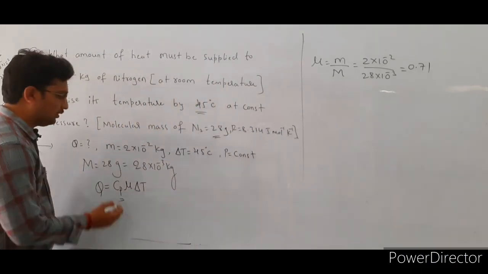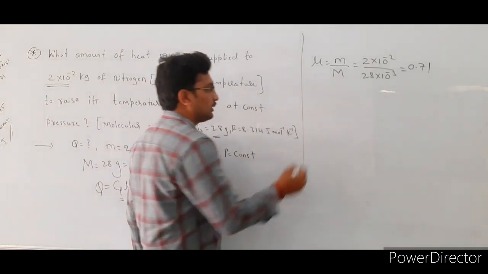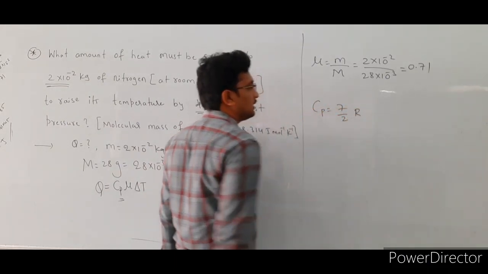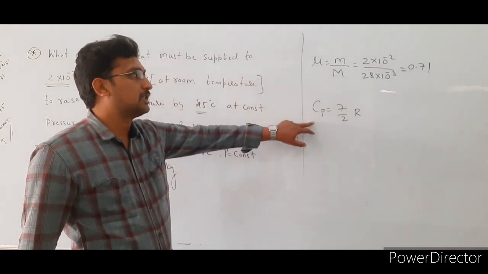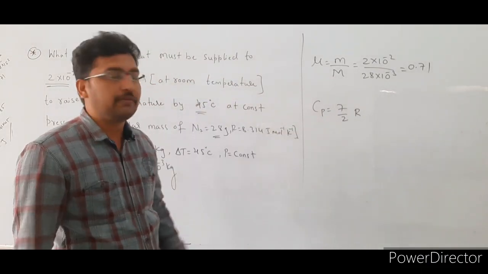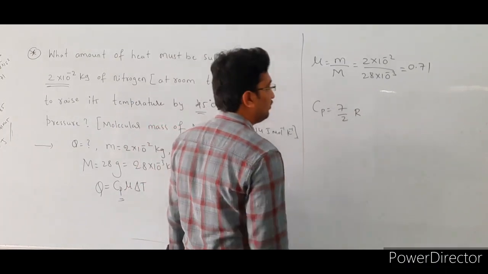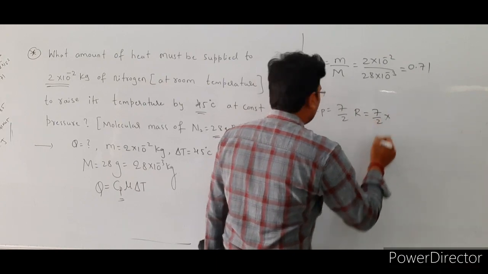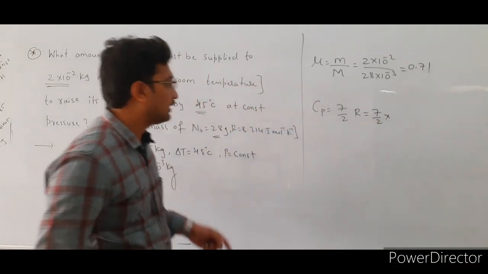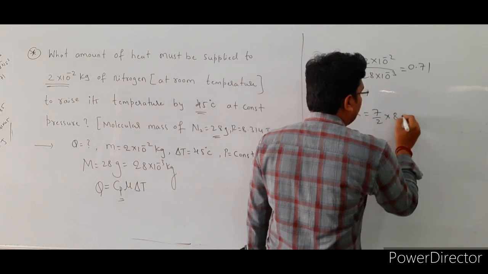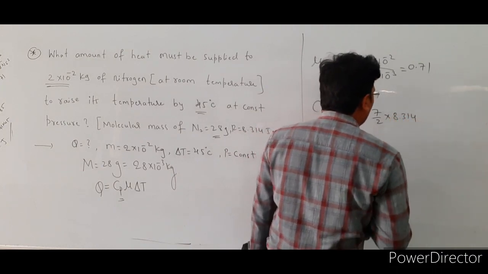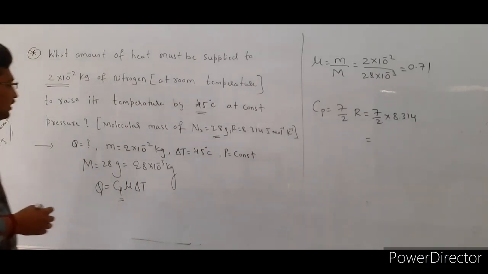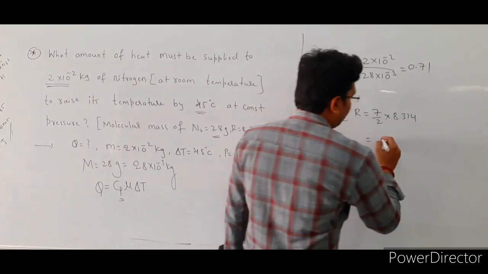We are going to find out the Cp value. The expression to calculate the Cp value is Cp is equal to 7 by 2 into R. This concept will come in the next chapter, we will discuss it there. So just remember this formula, Cp is equal to 7 by 2 into R. Here 7 by 2 as it is. What is the R value here? The R value is the universal gas constant, its value is 8.314. Multiply this, and we will get the final result, which is 29.085.